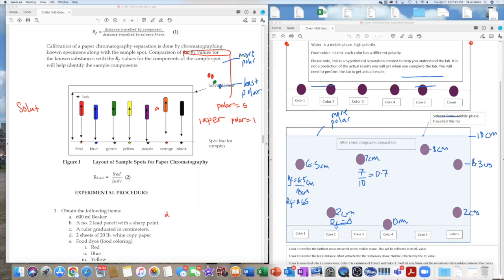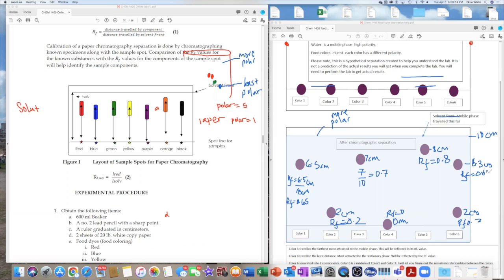RF here is going to be what? 0.2. 0 divided by 10. The RF for this is going to be 0. This one here is 2 divided by 10. The RF is 0.2. Here, the RF is going to be, once again, 8 divided by 10 would be what? 0.8. And then the RF here is going to be 6.3 divided by 10. RF is going to be